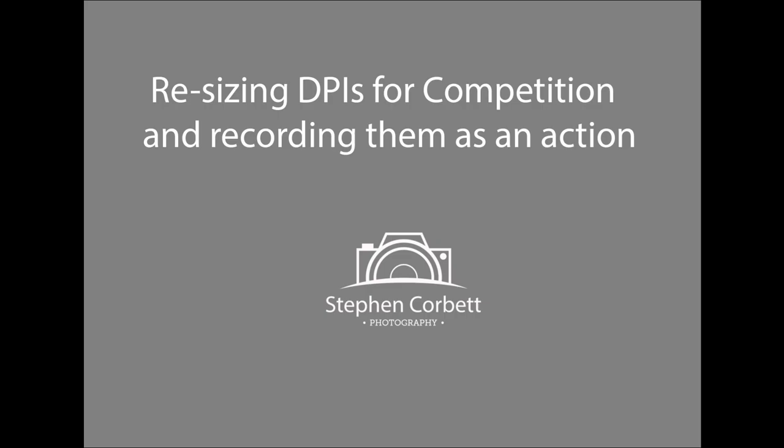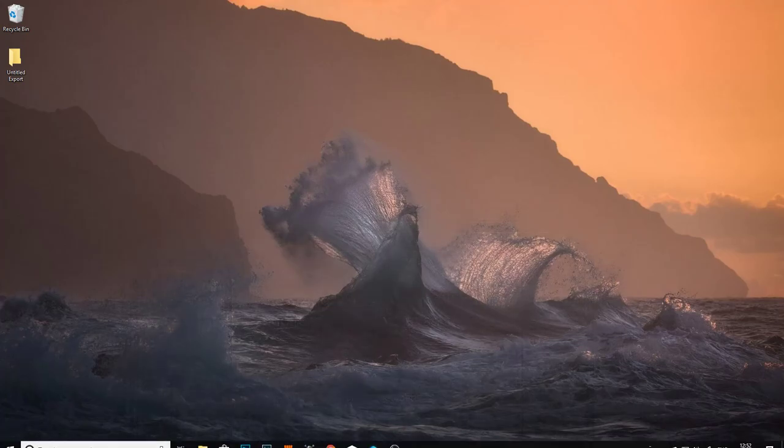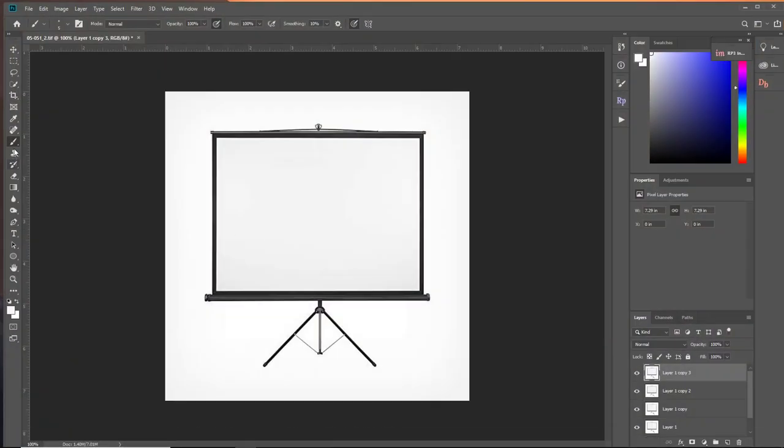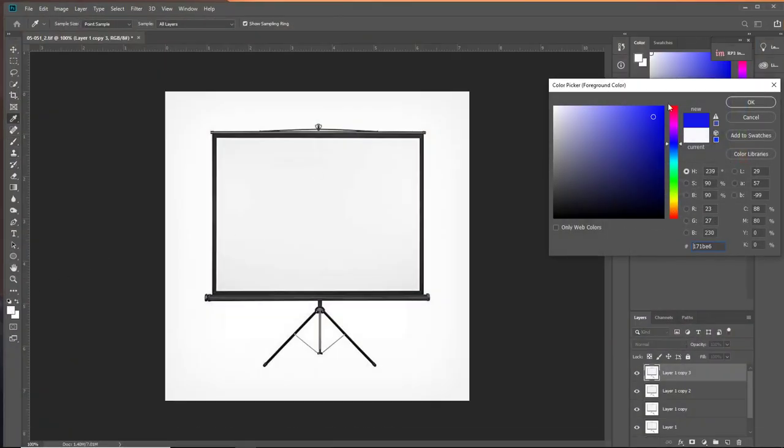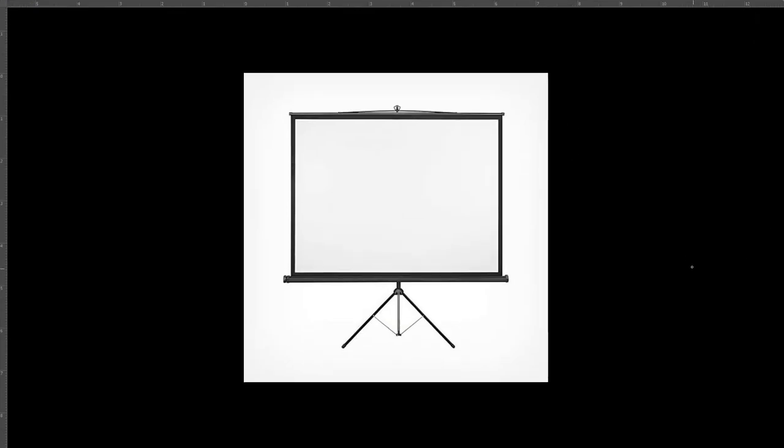Okay, resizing DPIs for competition and recording them as an action. Okay, the reason we do this is so that our images fit to the screen, and this is the projector,